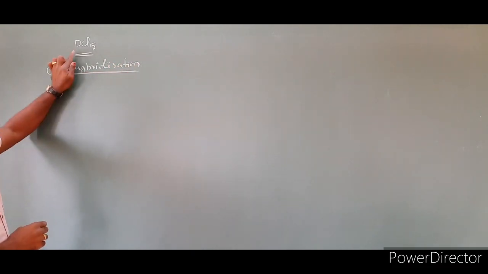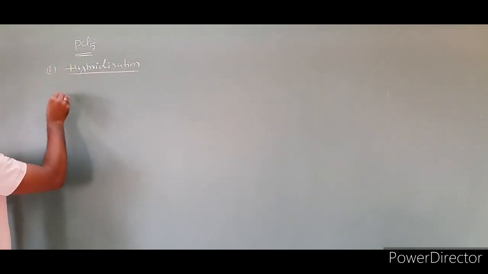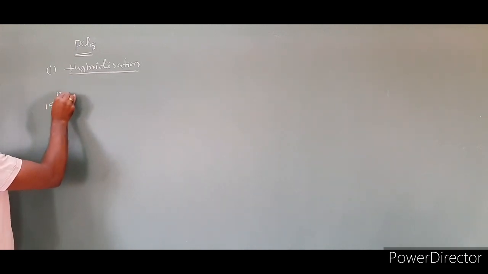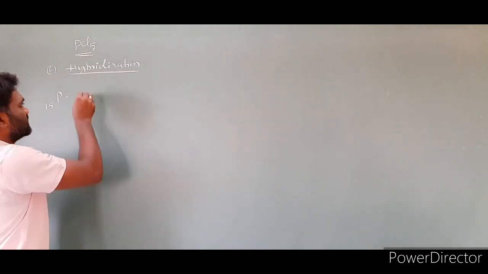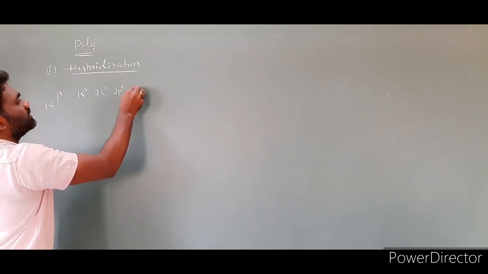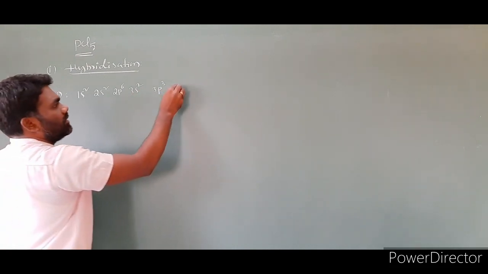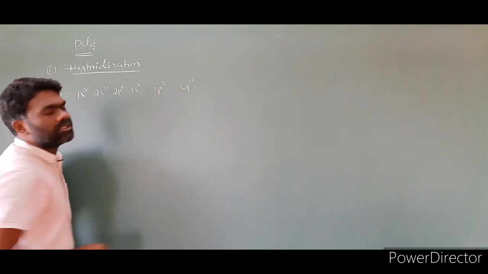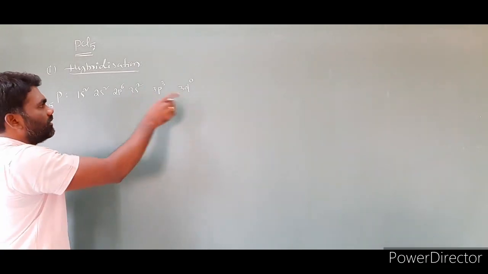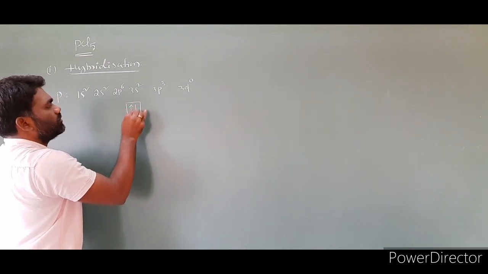We have to take the central atom and write its electronic configuration. What is the central atom here? Phosphorus, and its atomic number is 15. So we write the electronic configuration of phosphorus: 1s2, 2s2, 2p6, 3s2, 3p3. You can also take 3d0, since the d orbital is also involved, so d is 0. And we have to write the orbital diagram for these valence shell orbitals. So 3s2, there are 2 electrons, 1, 2.